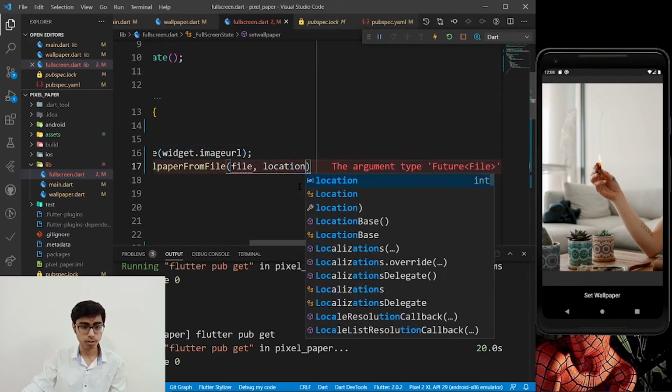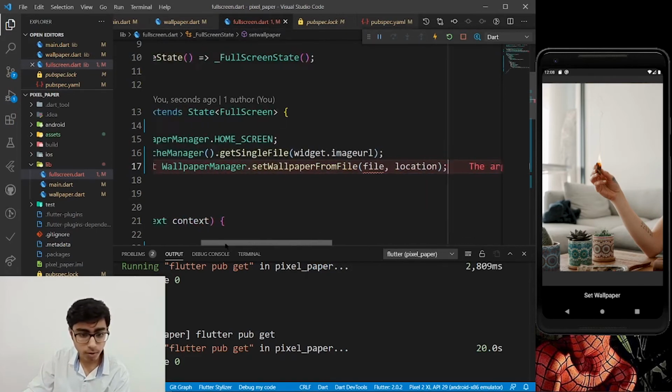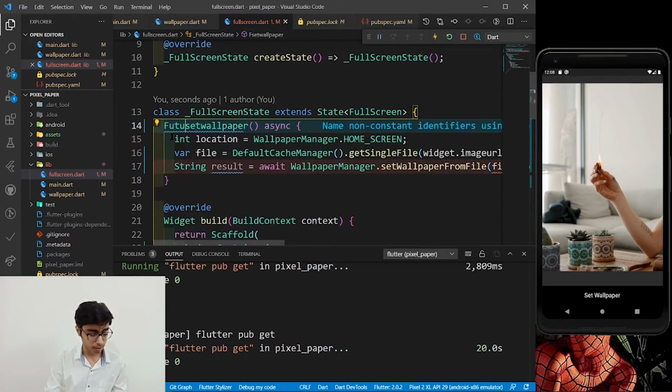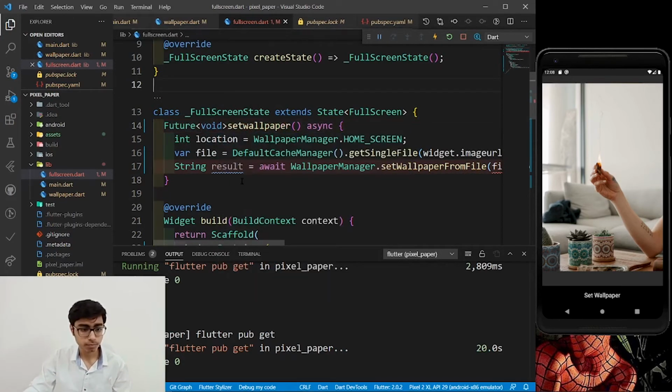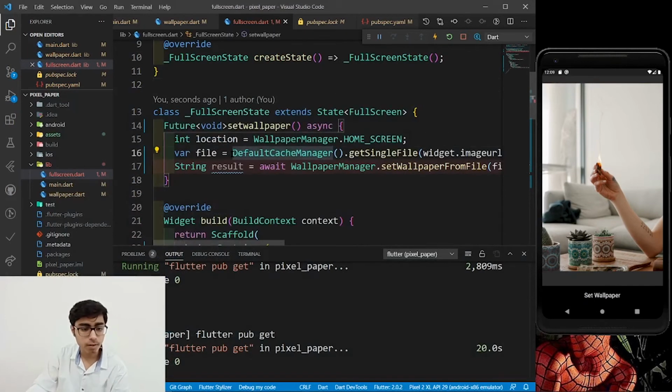So define the location, save it. Why is the file not getting loaded? So what you have to do, first of all, make this function Future void, and this will be file.path, and we have to make this getSingleFile also await.